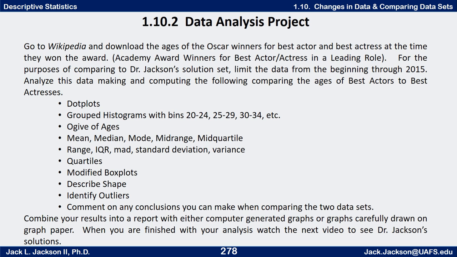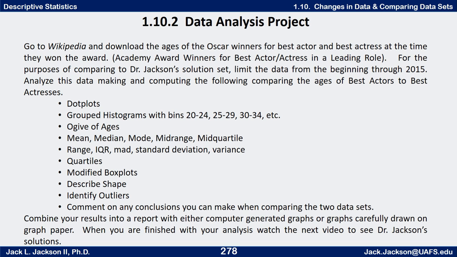I'd like you to do dot plots for the two groups, for the actor and the actress. But use the same horizontal scale, and then I want you to line them up on the same piece of paper so they're using exactly the same axes. So you're going to have one dot plot below and then one dot plot above. These will be two separate dot plots, but one will be above the other in such a way that they're using exactly the same scale.